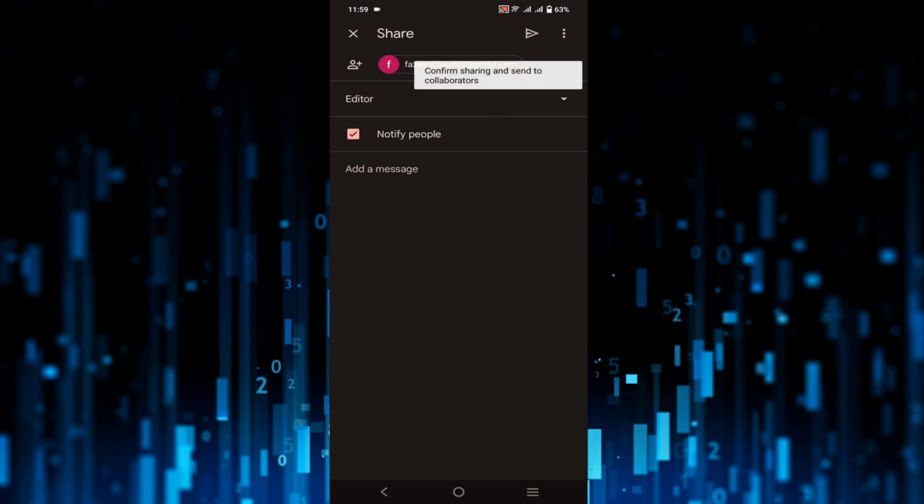And just click this share button, and the email ID will receive an email that contains the link within that. So in this way you can give access to your files to your friends from your Google